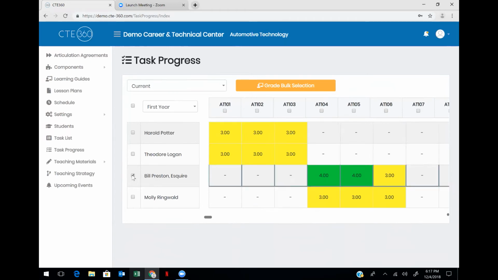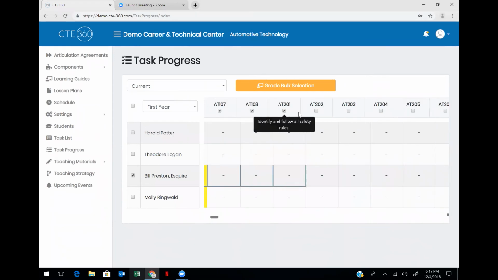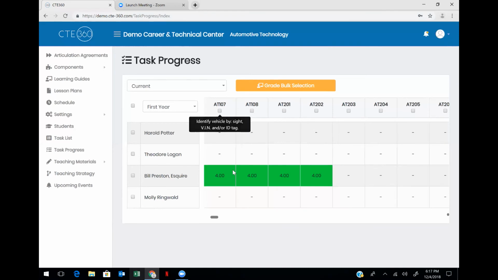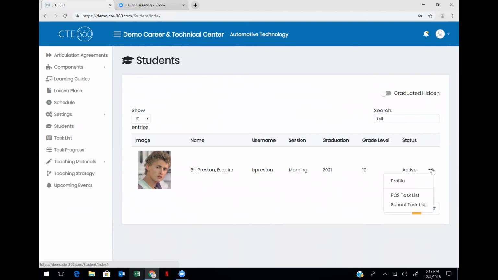Now for Bill Esquire, we're going to assess multiple competencies so that we can see the change in the progress when we go back to a student profile. Select a few more here. And he did a stellar job. Okay, so now if we go back to students and we pull up Bill's profile,